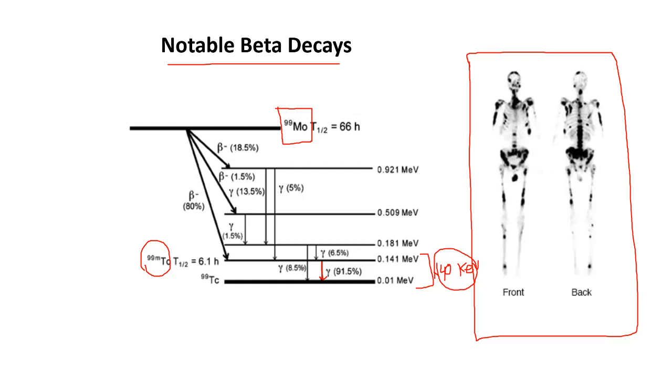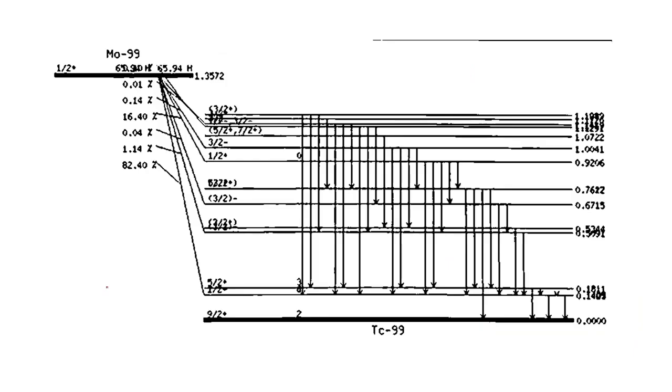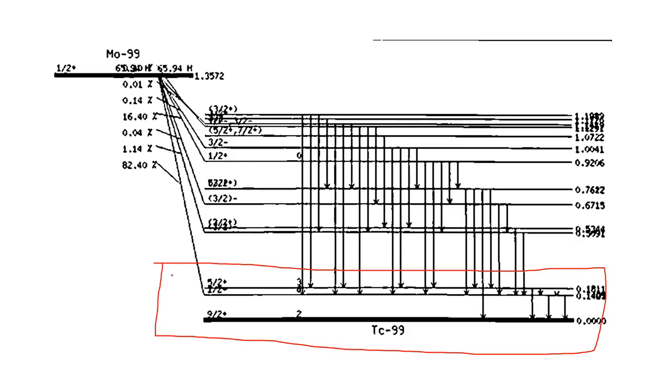And this technetium-99m, which is in the metastable state, decays to technetium, which is more stable, by emitting a gamma ray photon with an energy of 140 kilo electron volts. And this is the actual decay diagram, which is more complicated. But what we are interested in is this part, because from here the technetium metastable decays to technetium by emitting a gamma ray photon which has an energy of 140 keV, as I mentioned before.